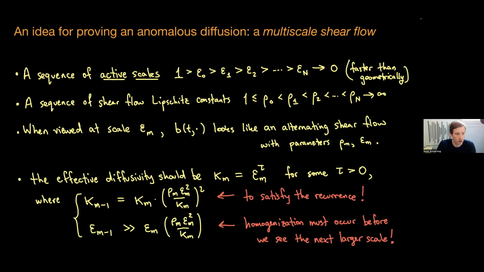Okay. So anyway, here's a slide that describes what I just tried to say. We try to do it so that this thing becomes the recurrence relation, which comes from that analysis of those two scales interacting. And in order for this to work, you have a bunch of constraints that you need. Like here's a constraint that says that the next larger scale must be much, much larger than the scale at which the previous one homogenizes, because otherwise the scales interact in a way you can't control. So this is not a fact, this is a requirement. And in order to make the requirement hold, that's why you need beta less than a third.